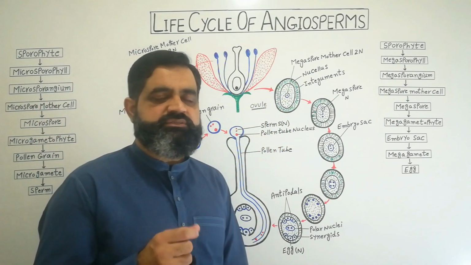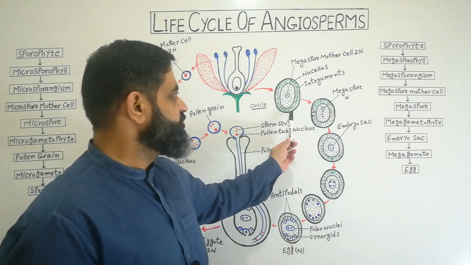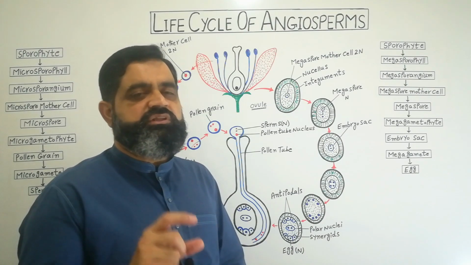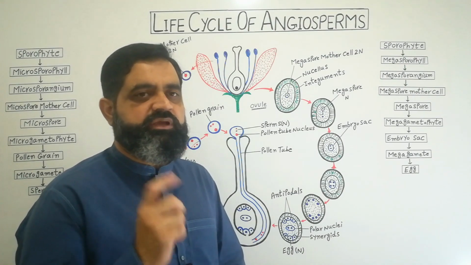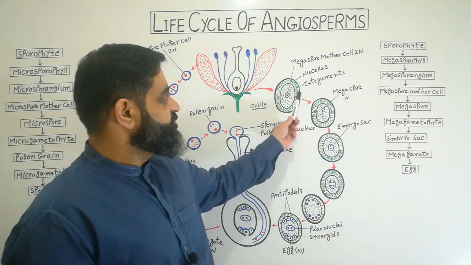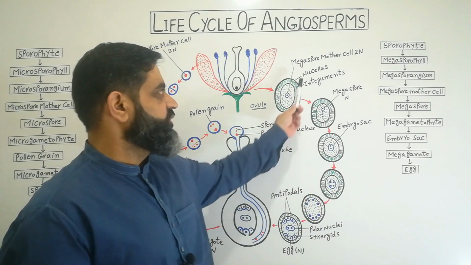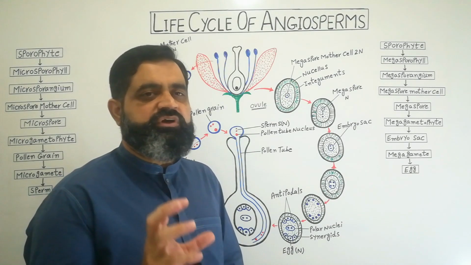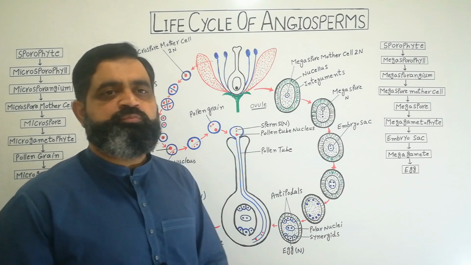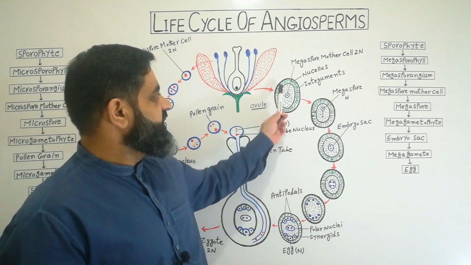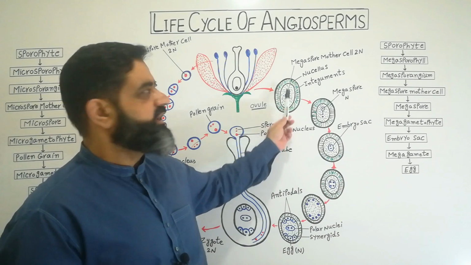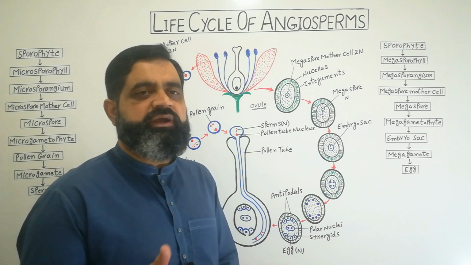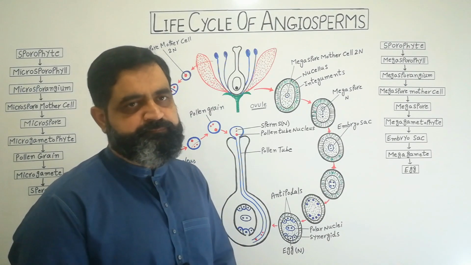It has three main parts. The outermost covering of this ovule is known as the integuments. Integuments are protective coverings for the germinating female gametophyte. Next to the integuments is a portion known as the nucellus. The nucellus is a tissue made up of cells which works like a cushion to protect the megaspore. In the center there is a single diploid cell known as the megaspore mother cell. This is going to turn into the female gametophyte.